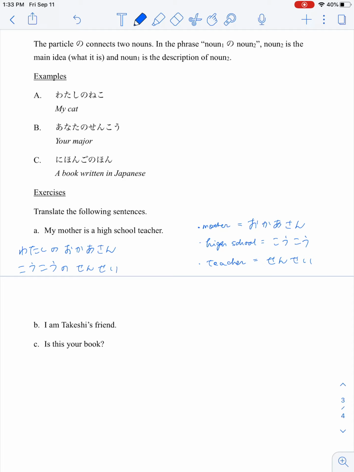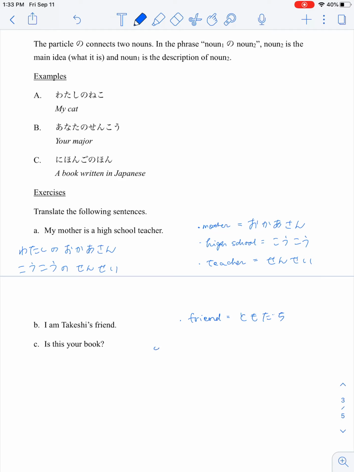Okay, part B. I am Takeshi's friend. Friend is tomodachi. So, 私はたけしの友達です。